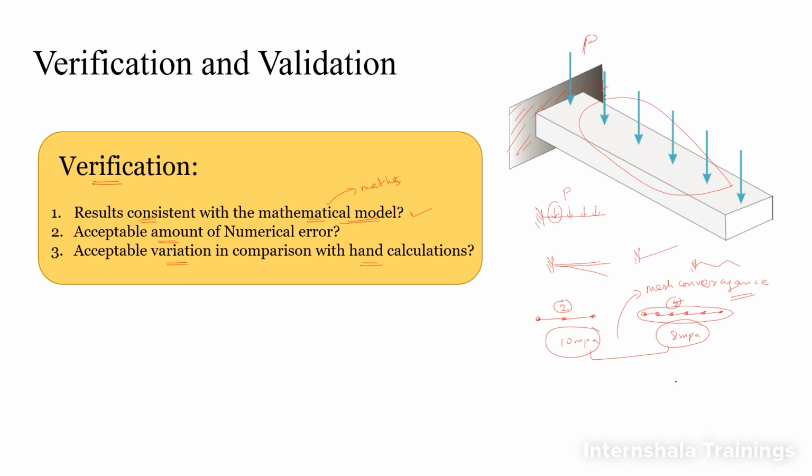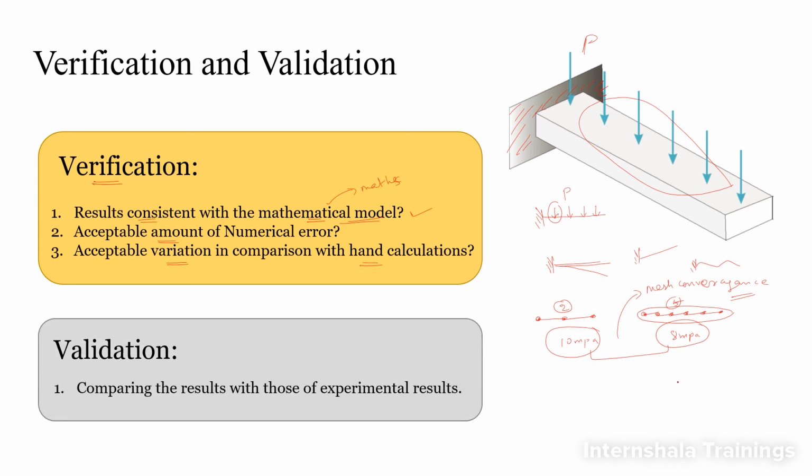Then suppose you want to validate the results. Validating results is nothing but comparing the results with experimental values. Whatever results you get by solving this problem using FEM, or FEA software, you try to compare with whatever experimental results are available. And remember, this also might not be possible in all cases. Based on the different possibilities available, we perform a mixture of the steps we have seen in the verification and validation phases.